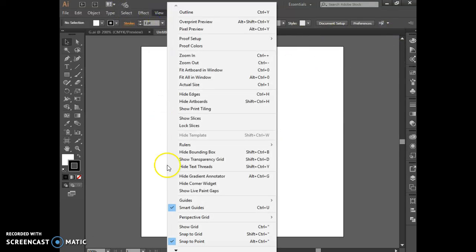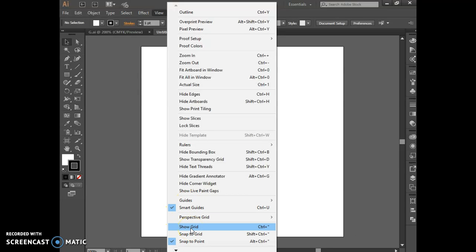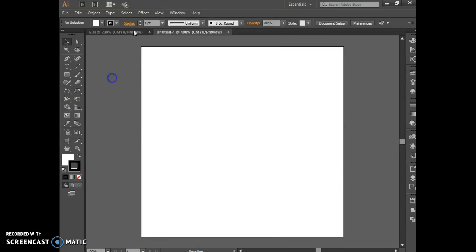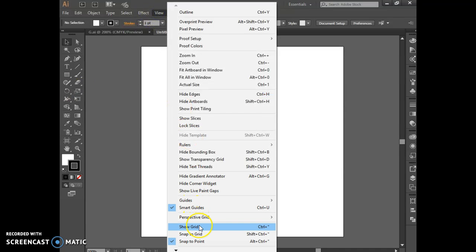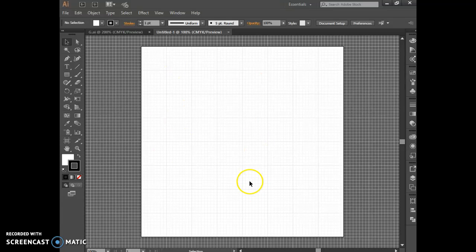I'm going to want to show you where you can add your grid onto here. So if you go up into your View menu, you're going to go all the way down towards the bottom. It says Show Grid. For this project, your grid is going to be very important because you're going to want to use that to help align you to adding things inside of here. Okay? So I call this the When I'm 64 project because we've got an 8x8 grid, 8 times 8 is